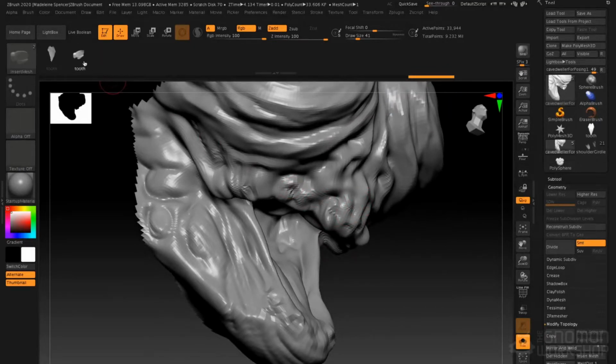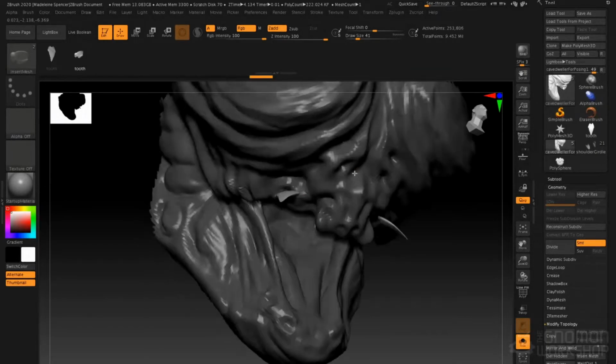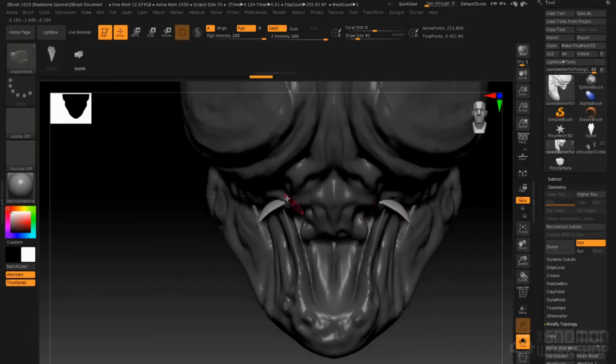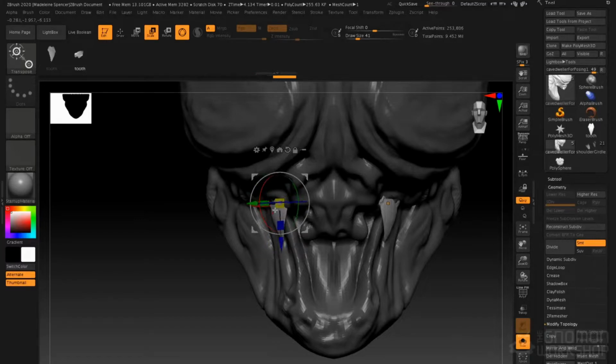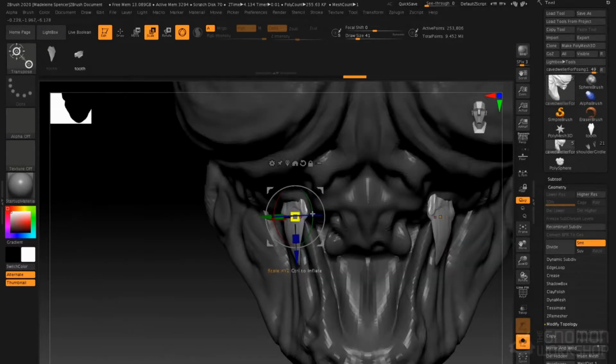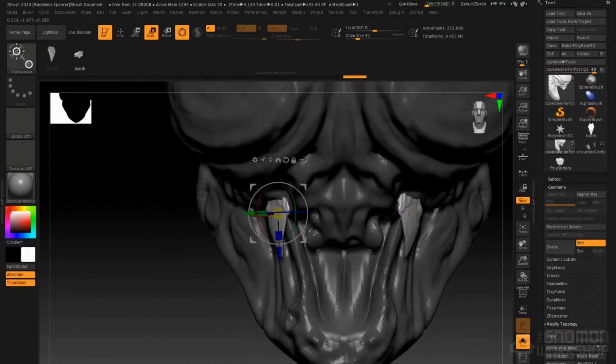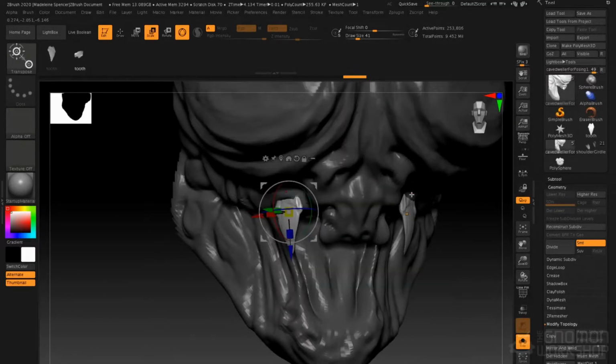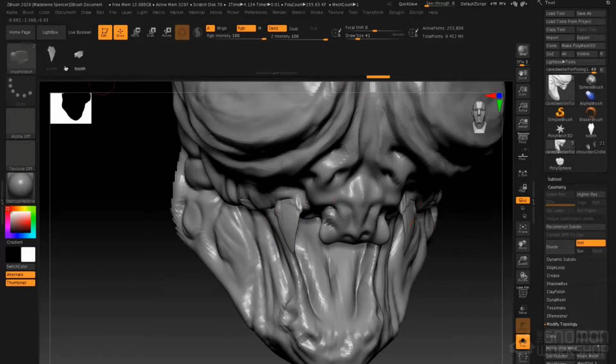Now I've got my Insert Multi-Mesh Brush of the teeth. I'll click and drag, and that draws the teeth. But you notice that they're sticking out at not quite the right angle. So I'll go to my gizmo for Rotate, and then I'm just going to rotate them and position them, fine-tune that positioning exactly where I want it. And because insert mesh brushes will automatically mask the rest of the model, I'm able to do that without affecting the proxy mesh. When I'm happy with that, I'll clear the mask, go back to draw mode,